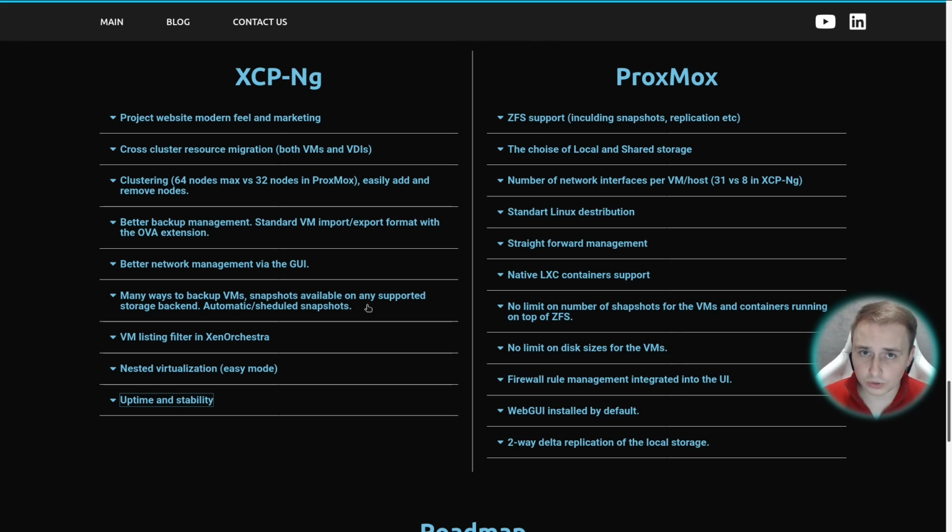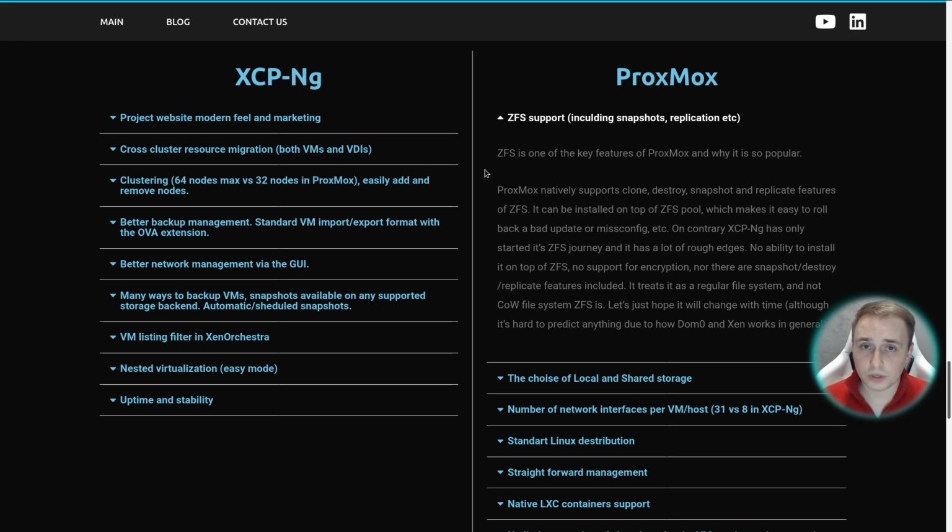But it's not all that bad with Proxmox. It has some brilliant features that I will go over now. Starting with ZFS support. ZFS is one of the key features of Proxmox and why it is so popular. Proxmox natively supports clone, destroy, snapshot, and replicate features of ZFS. It can be installed on top of a ZFS pool, which makes it easy to roll back from a failed update